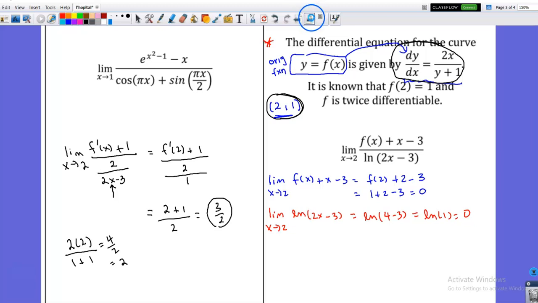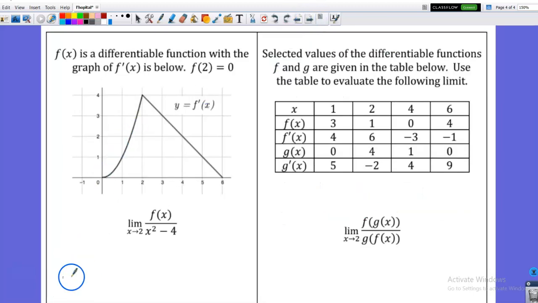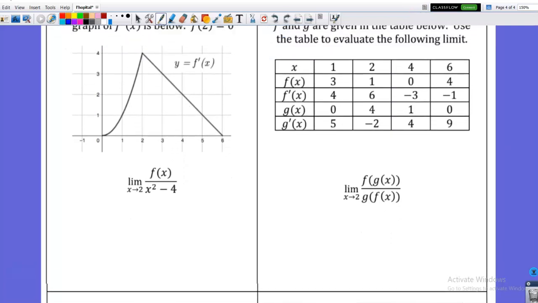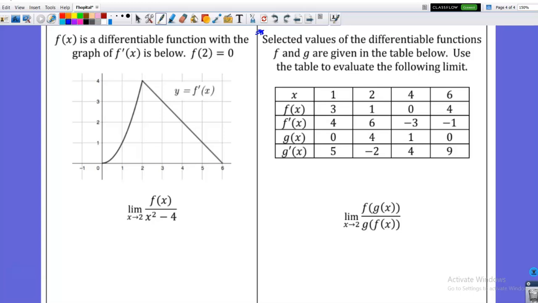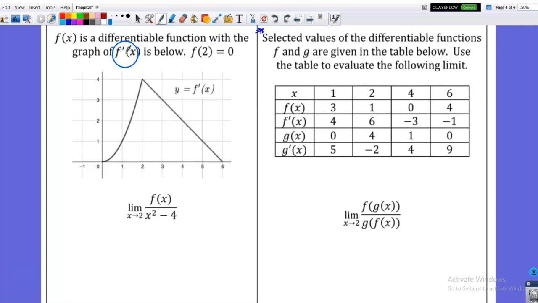And let's see if we have anything interesting on the last page. I think these look fairly similar to ones that we have already seen, but I do think that this one right here looks kind of interesting just because of the chain rule action involved. So I think I'm going to do that one. And if you have questions on any others, again, the answers are posted and the work is shown, but you're more than welcome to come in and see me for extra help. All right, so let's